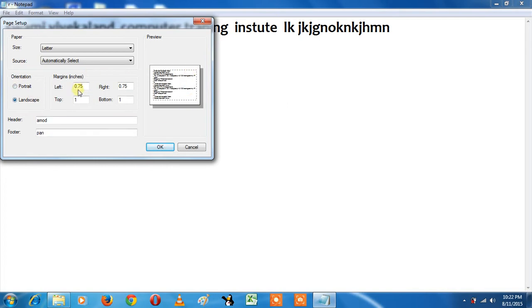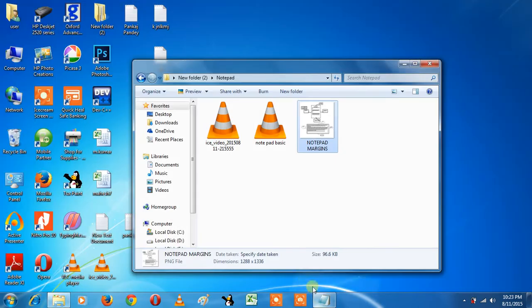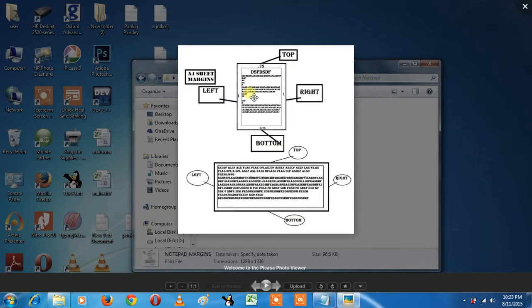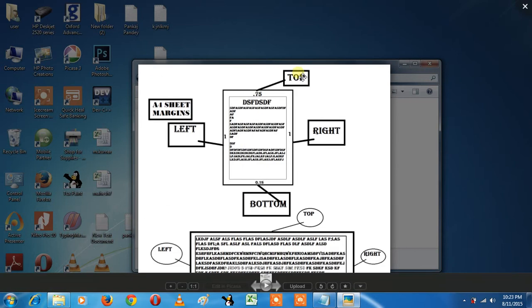Okay, and margin, what is margin in a page? Look at that: left, right, top, bottom. I will show you on my page. Look at that friend, this is top, this is bottom, this is left, this is right.